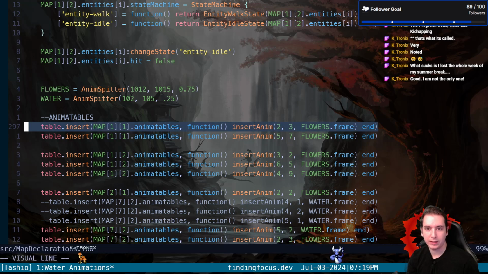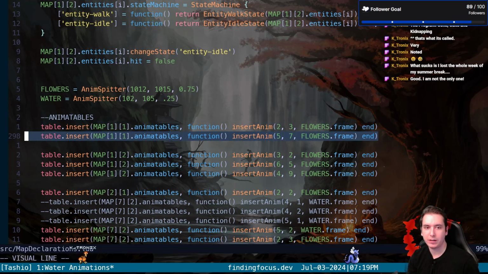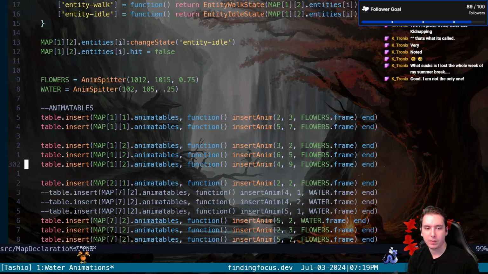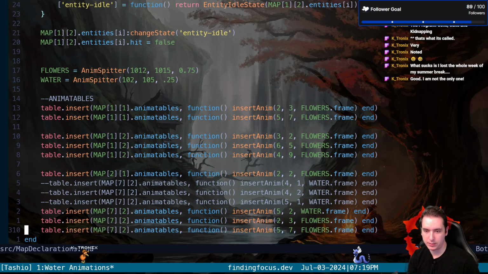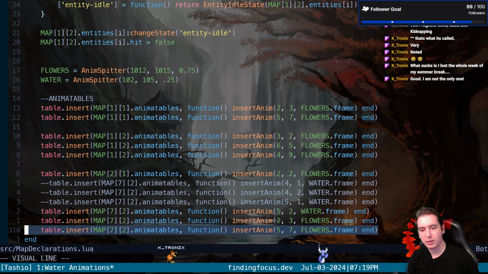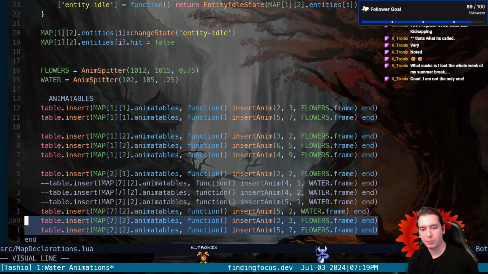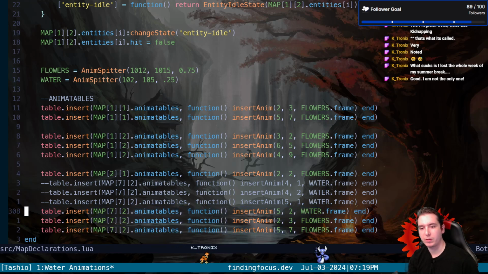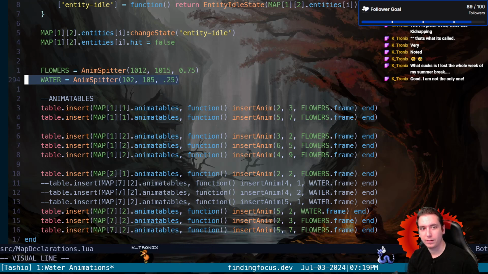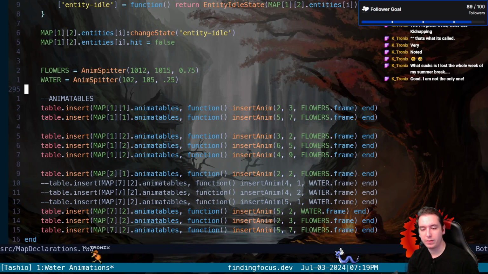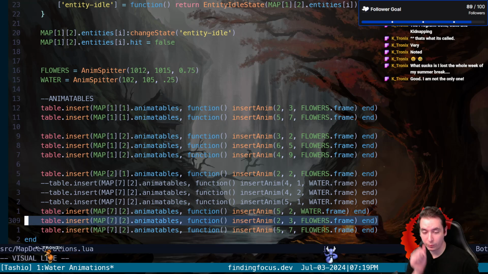Then we declare a couple of functions to insert into our animatables table for each of our different map scenes. Those don't execute the functions, it just stores them so that we can run every animatable function every frame so that we can render the correct frame. And as long as we're updating the anim splitter frame, then we'll render the current frame of whatever that spits out. So I'm hoping,